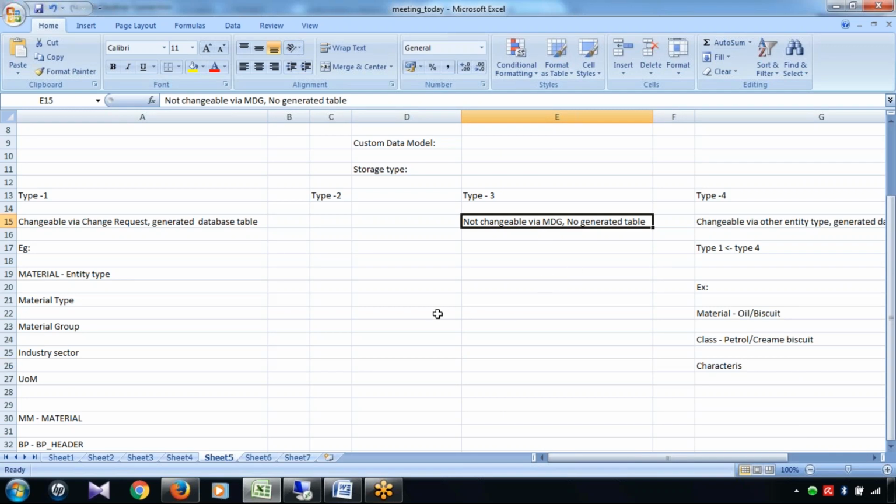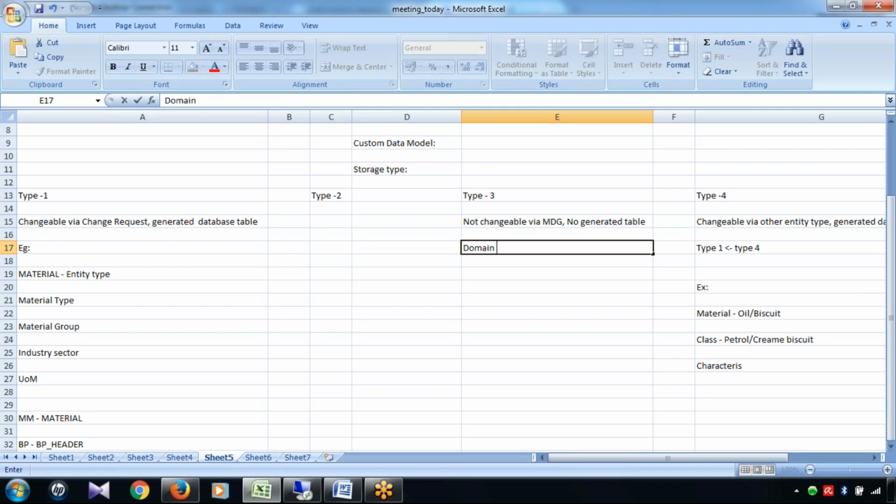Now, by seeing this description, you will not understand anything. So you have to understand what is the logic to identify which entity type will be type 3. The easy way to identify is the entity type which I am using in my framework. If those entity type values are coming from the domain level values, then this kind of entity type we call a type 3. For an example,